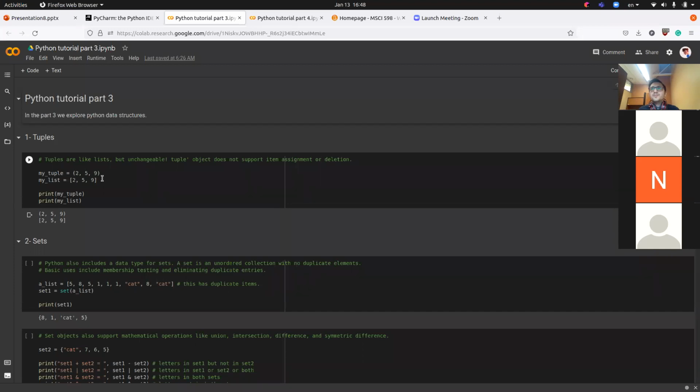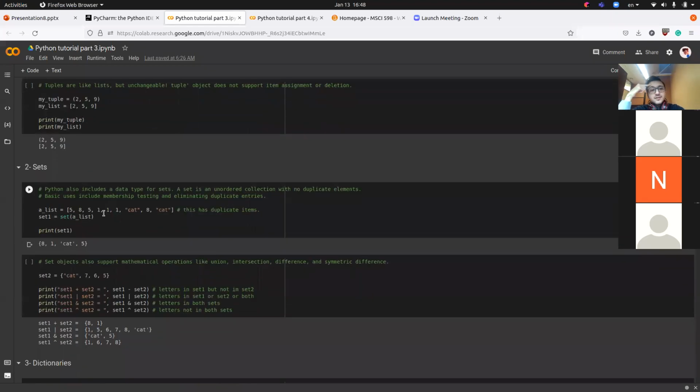Tuples are less memory consuming. That's why, if you don't want to change anything and you have big data, like a big list of numbers, it's better to use tuples. Sets. This is very important. It is very useful,